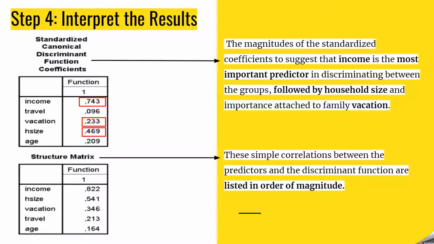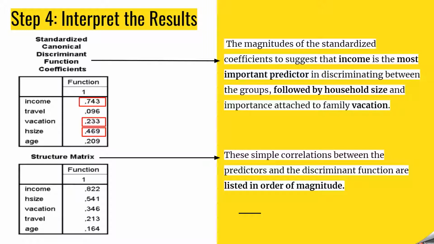So you can see that in the table of the standardized canonical discriminant function coefficients, income is 0.743, vacation is 0.233, and household size is 0.469. The magnitude of the standardized coefficients suggests that income is the most important predictor variable affecting the visit, the dependent variable, followed by household size and family